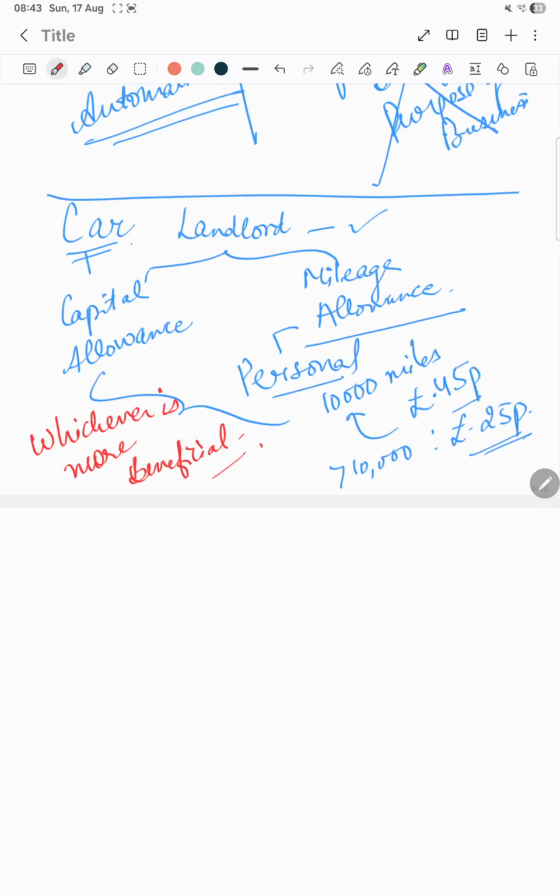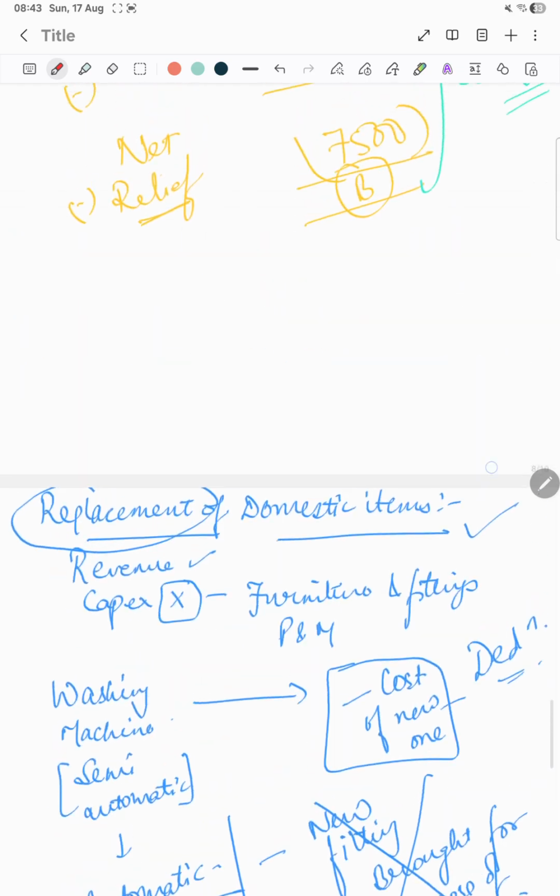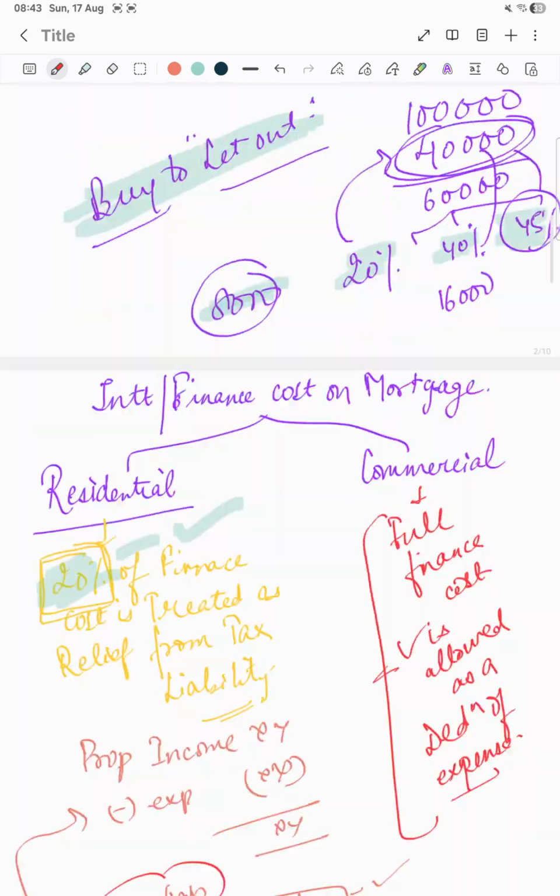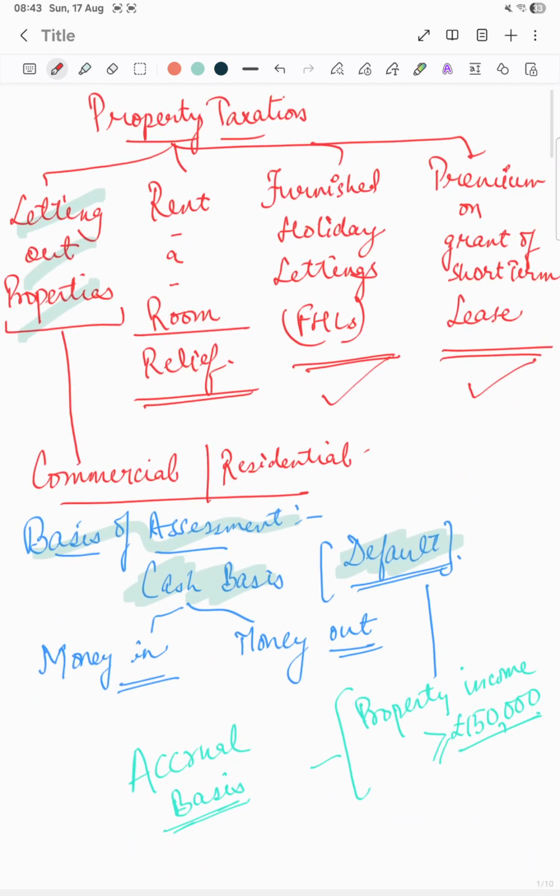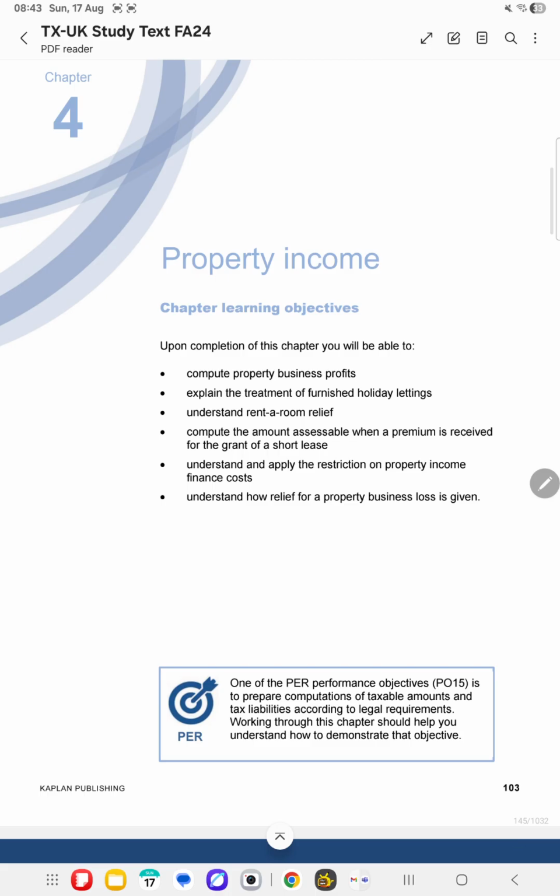Yeah, so that is all for property income. We have covered various topics. Now, these are all the handwritten notes. I'll upload them also. And now, next, we will go to Kaplan's study material and see if we have covered all the topics. Yes, so here we are with the Kaplan study material, property income,